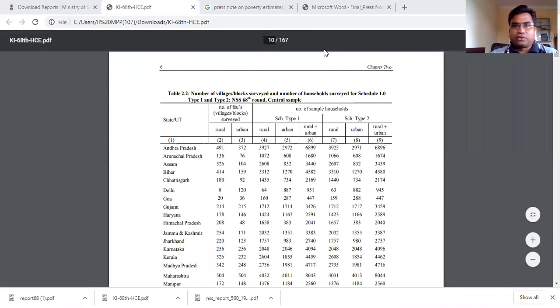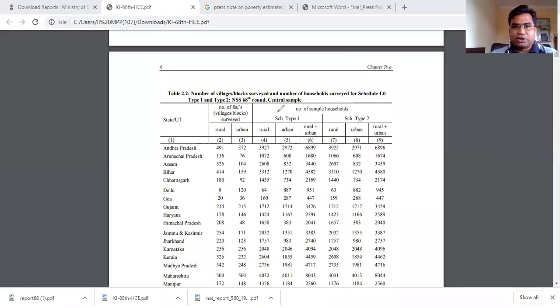Because we are dealing with schedule type 1, we will concentrate here, and not on schedule type 2. Your data set changes a bit. Most of the things remain unchanged, but some things might change because of the measurement of monthly per capita expenditure in a different manner.